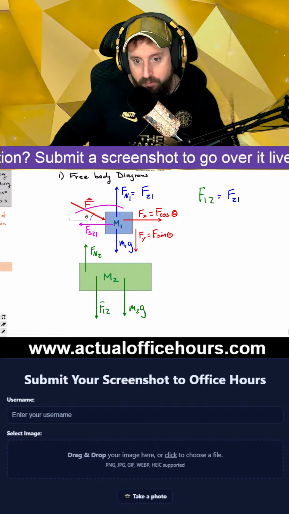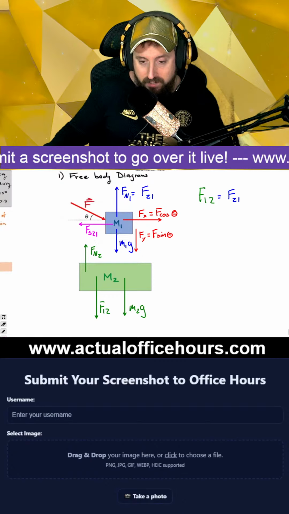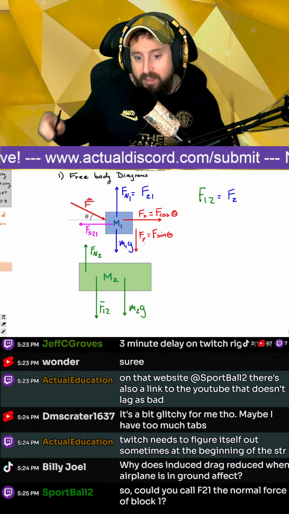The other thing is a force pair is the friction. So if friction acts on 2 on 1 to pull this thing back from it flying forward, then that friction also has to act